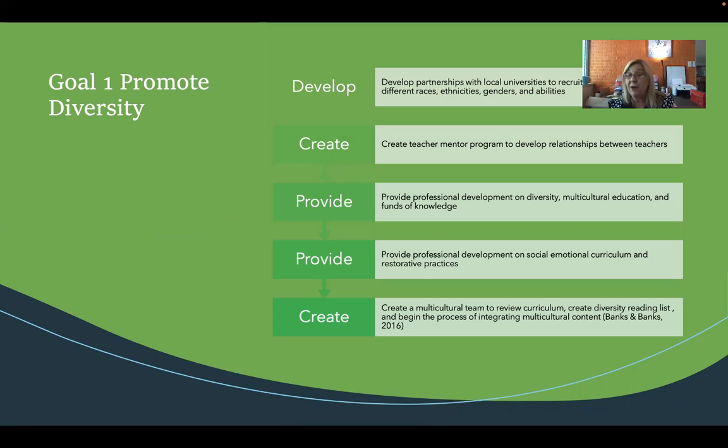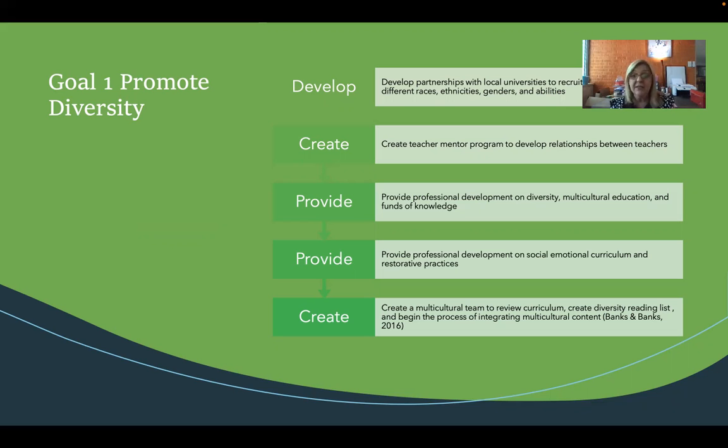create a mentor teacher program, not just for first and second year teachers, but for all teachers to be able to learn from each other and the differences that we all have, provide professional development on diversity and multicultural education and funds of knowledge that really go into the community to learn about the family and what kind of knowledge they bring to the table for us,